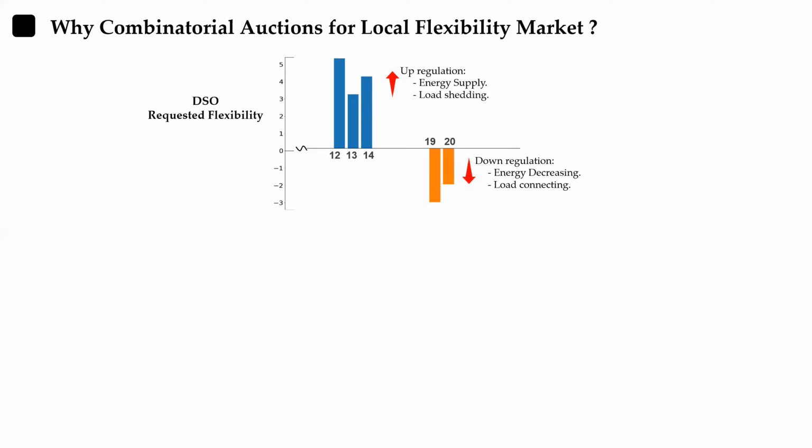think of the DSO facing some deviation and requesting this flexibility curve, or flexibility request, to compensate for the deviation. And you can see it as this: at time 12, 13, and 14, the DSO needs to increase the supply, or of course decrease the demand. At time 19 and 20, the DSO requests the opposite, which is decreasing the supply, or of course increasing the demand. On the prosumer side, we have